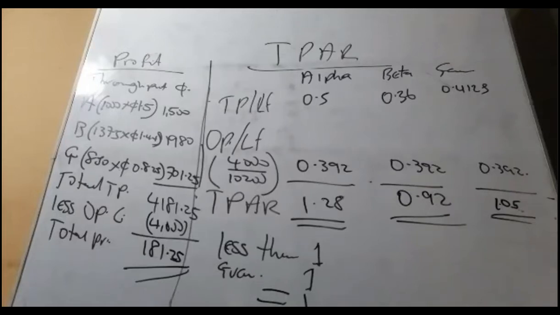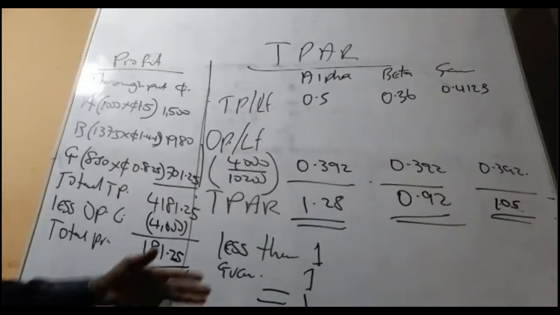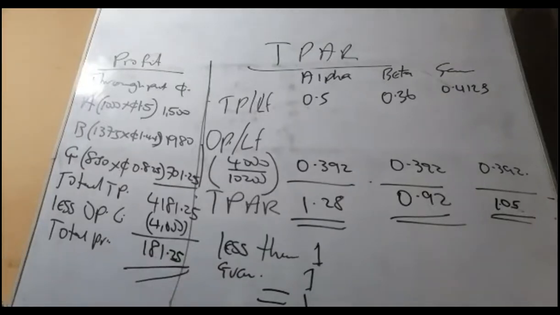If it's less than 1, it means that the operating costs are more than the throughput, or more than the return. And therefore, that product is unprofitable. It's a loss-making product. That means that product will make a loss. Good. Then if it's greater than 1, oh, that's good news. The return or the throughput is more than